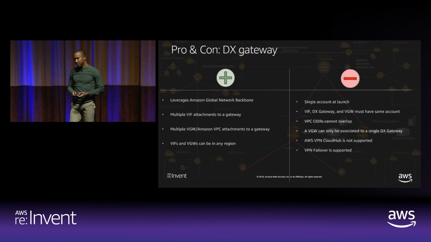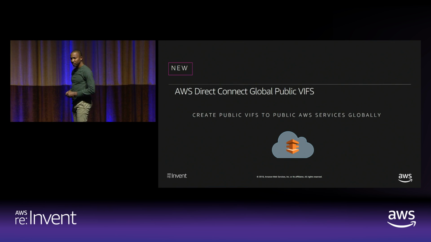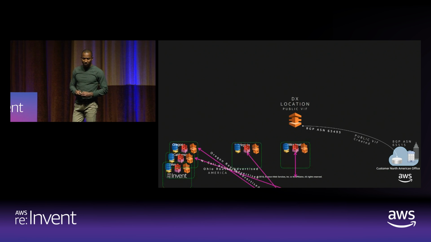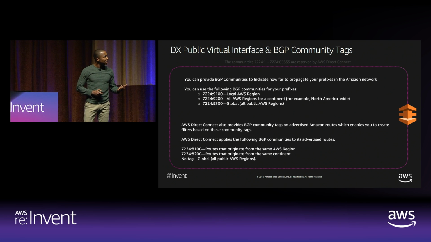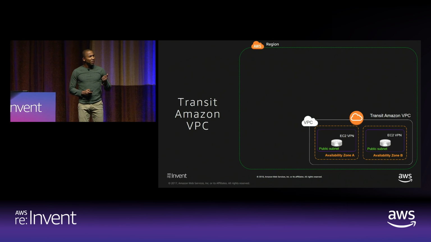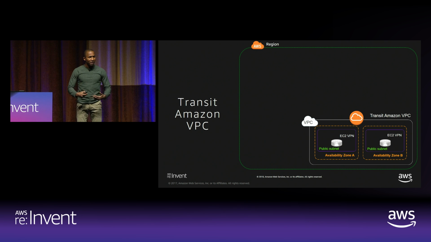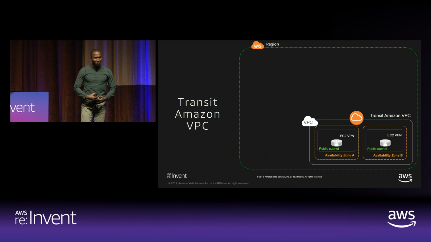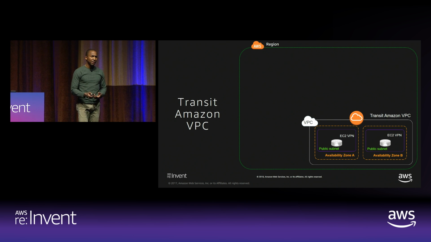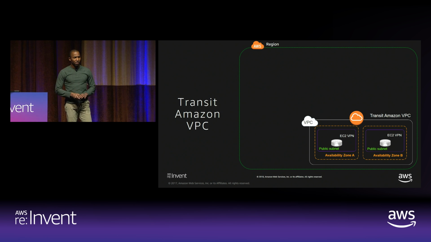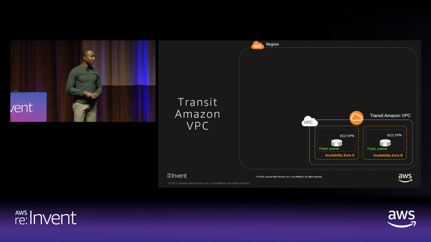But this still provides challenges. And the challenge it provides is I still don't have my VPCs interconnected. I have a connection back on premises, but how do I actually route traffic between my VPCs and get that functionality? Because the Direct Connect Gateway doesn't provide that. You can't do transitive routing through Direct Connect Gateway. So what do I have that does that for me?